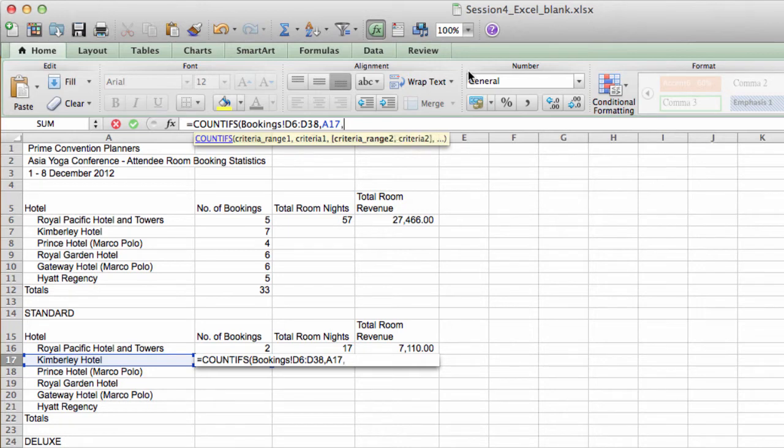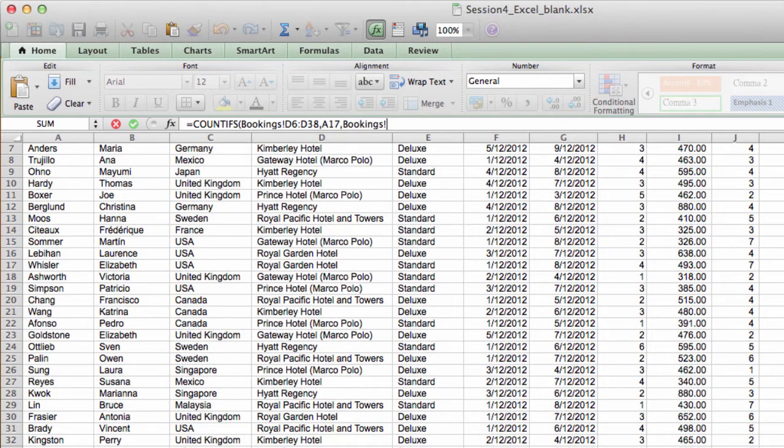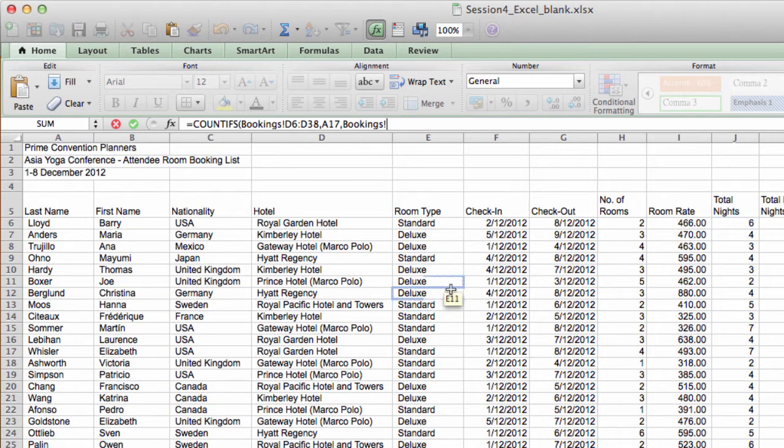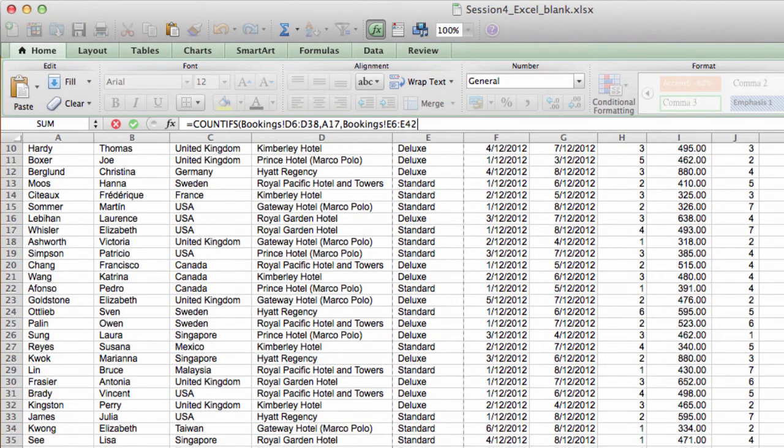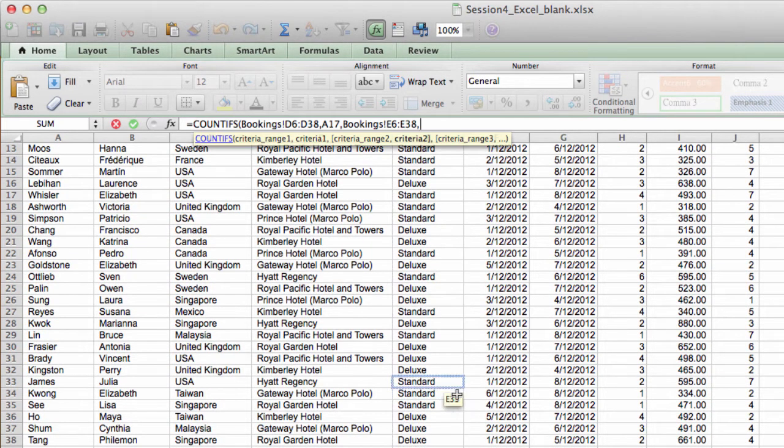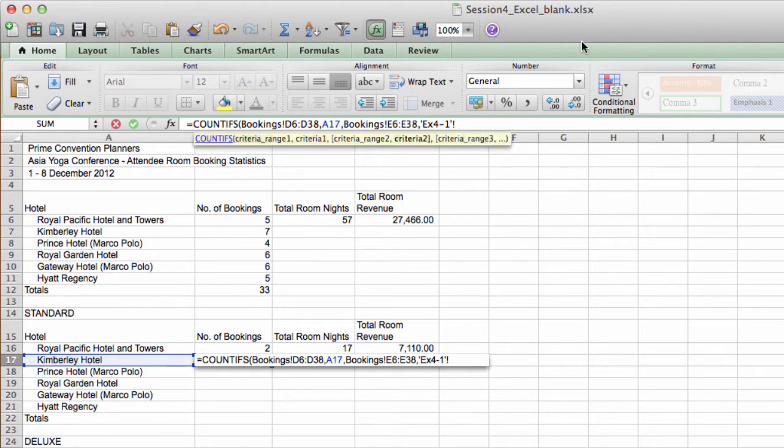Now, my second pair, my criteria range plus the logical test. So for the second pair, and I click on bookings, it will be E6 to E38, comma, go back to 4-1, and it will be equal to A14. Again, I really don't want to include a sheet reference, so I'm just going to backspace here. Okay, so that is my COUNTIFS,